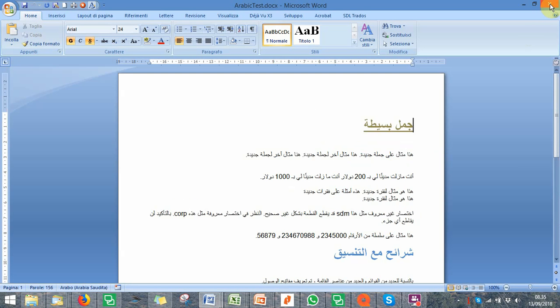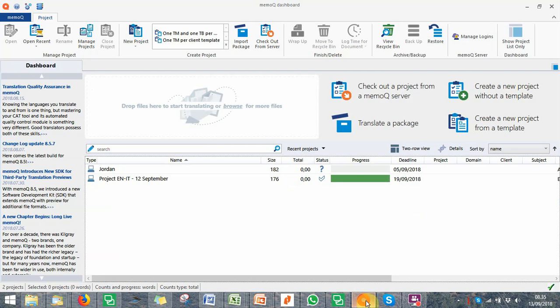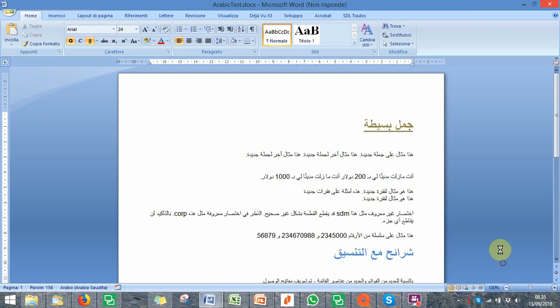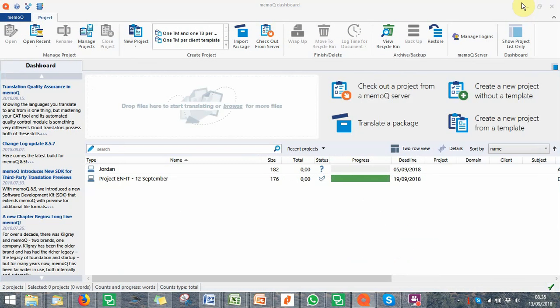Okay, now I need to close it down, otherwise it doesn't work, because any document that I would like to translate needs to be closed before bringing them into the CAT tool. Okay, so now I don't know why it takes so long to close it down. Okay, so now